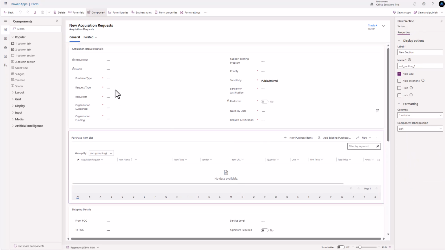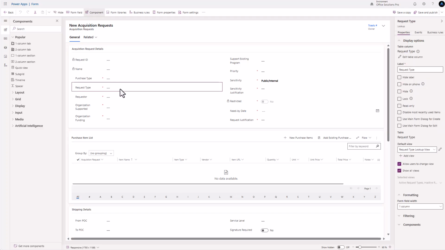So the first thing we'll fix is the request type and the purchase type. The cascade filtering doesn't happen automatically. You have to configure it. And I might have not done this on the camera, so I did go back and adjust the request type table so that the parent type relationship is a parental relationship. So if you're following along and you're doing everything that I'm doing here, you will want to go back there and make sure that you've got the parent type column inside of the request type table as a parental relationship